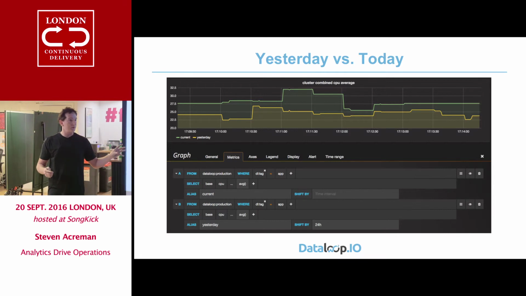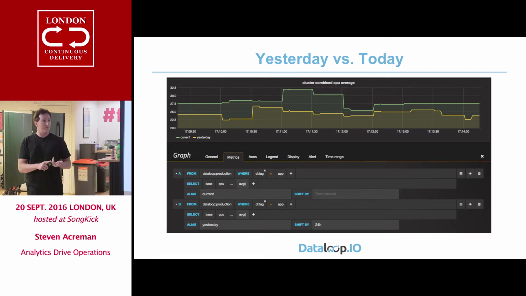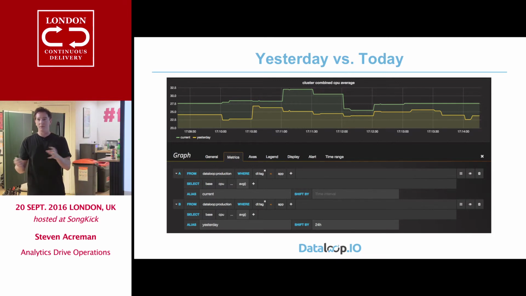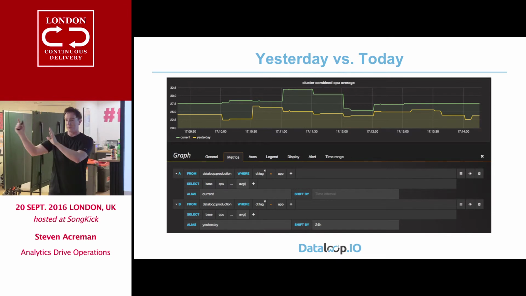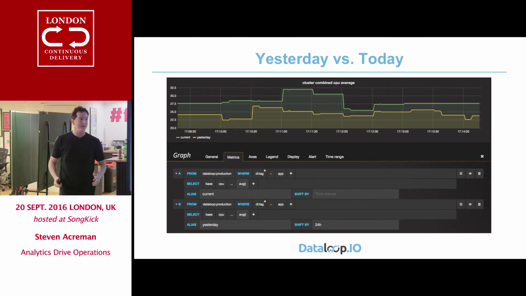You can also do this sort of cool analytics stuff where you ask a question. Well, it's pretty high CPU, but what was it like yesterday? Or this thing was doing this. It's making a weird shape, but has it always done that? And with the older tools, it's quite difficult. You end up having one browser, another browser, and then you try and sort of line them up. So yeah, it's a bit terrible.